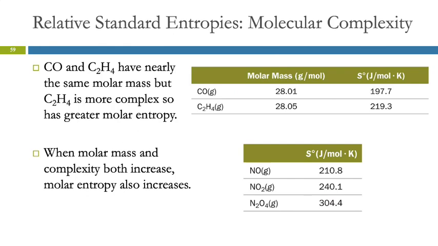We can look at ethene and carbon monoxide, molar mass almost exactly the same. But C2H4 is more complex. We've got carbon bonded to oxygen, or here we've got